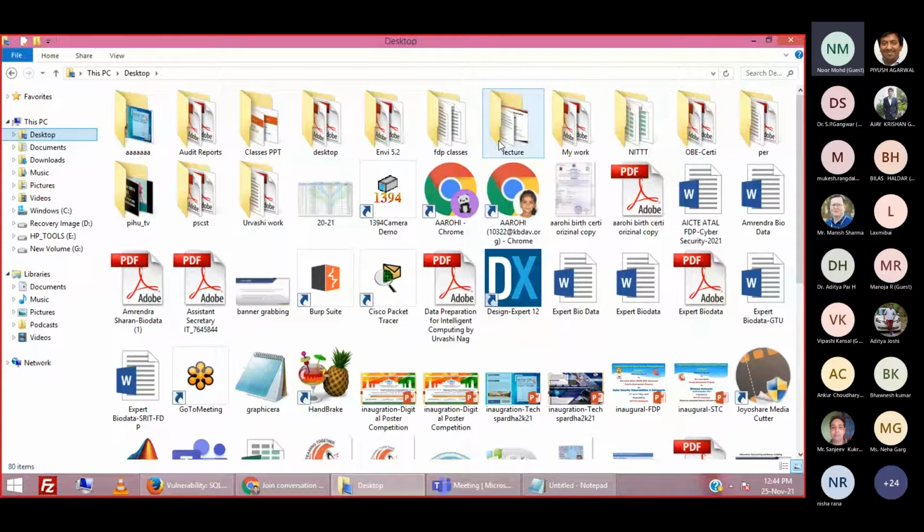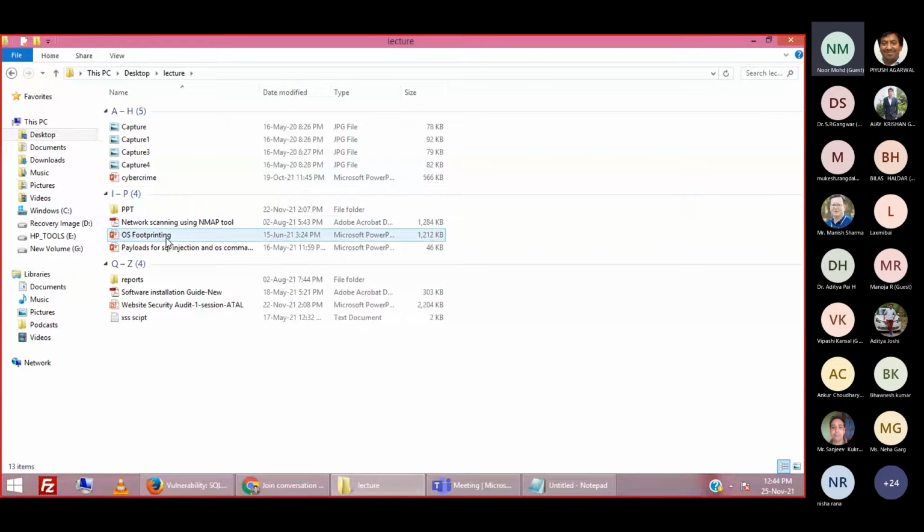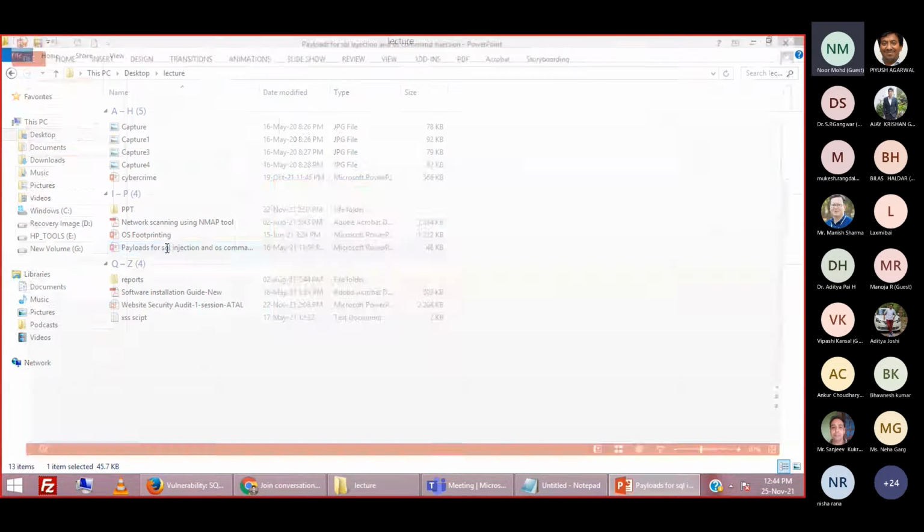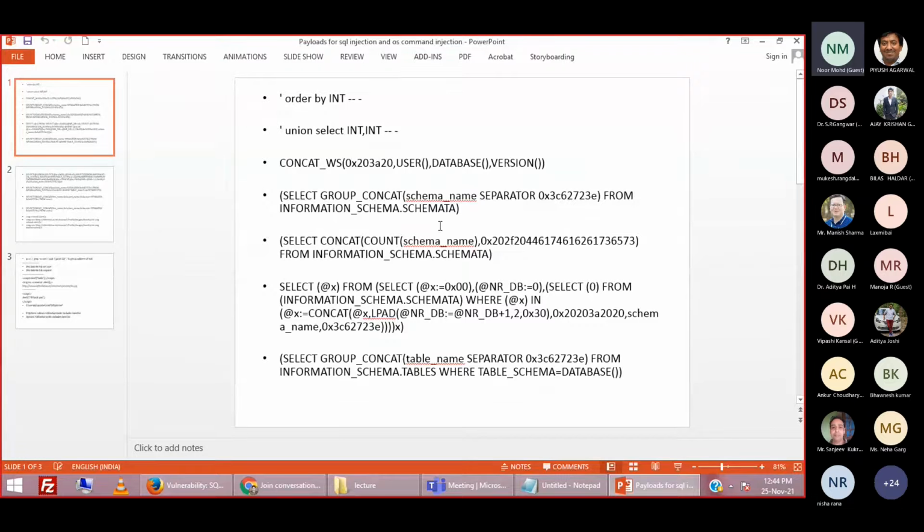A payload is nothing but some methods or functions written in SQL which will fetch some sensitive information. So these are some payloads, right? I'm going to try with the first payload.